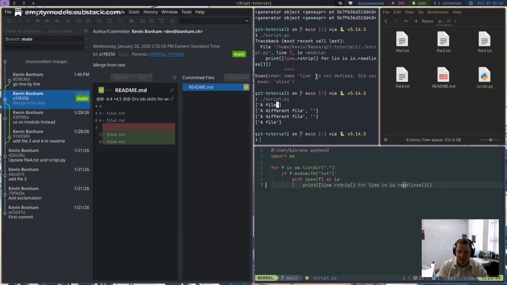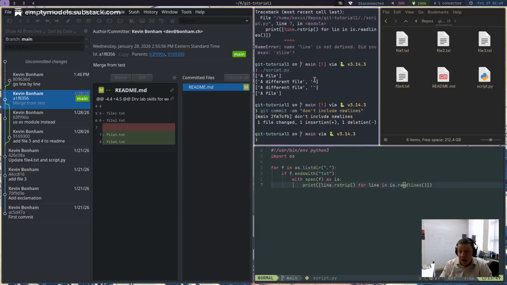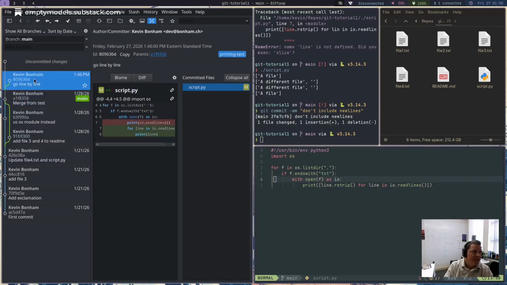So I'm going to save this. I'm going to commit it and say git commit -am "don't include read lines." Or sorry, new lines. New lines here. All right. So here I've just made two different changes to the same file, and crucially, they've been on the same line of the file, right? So if we look at the diffs here,